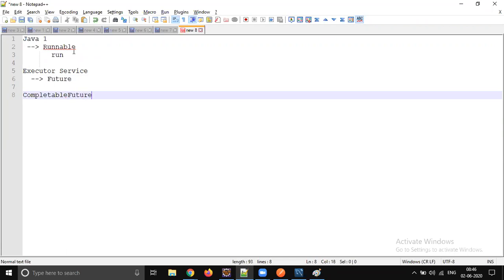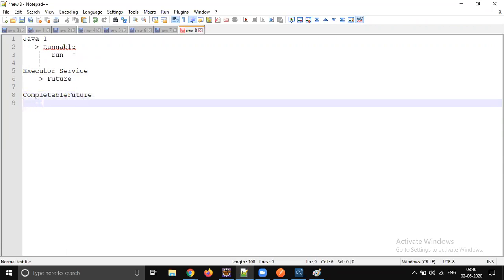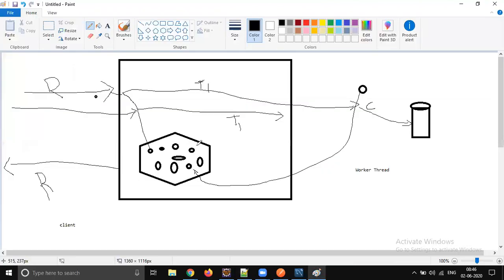But the problem with CompletableFuture also is that you can get the task completed by a separate thread, but you cannot give the response back. Once the child thread completes the task, how can you notify the server thread to give the response back? This part you cannot implement.